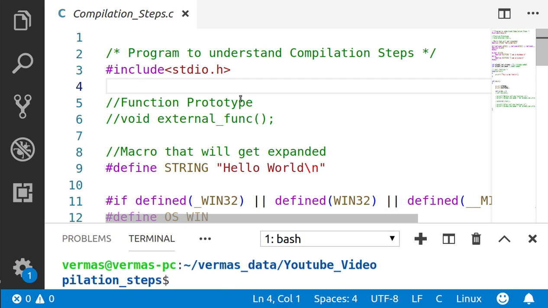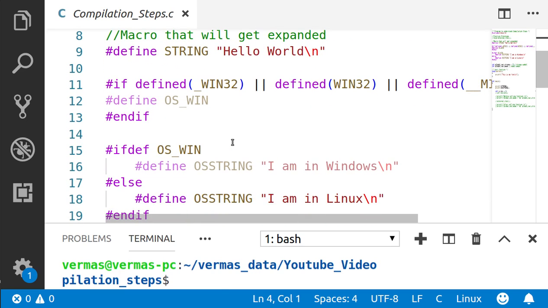If you take any .c file, consider this file. Basically, when we write in textual form or in word form, the computer can only understand it in zeros or ones. So for converting this file to the object file, or the file that the computer can understand, we require the compilation step.